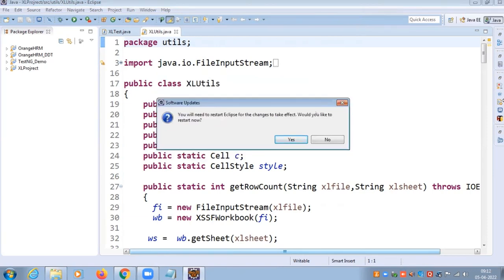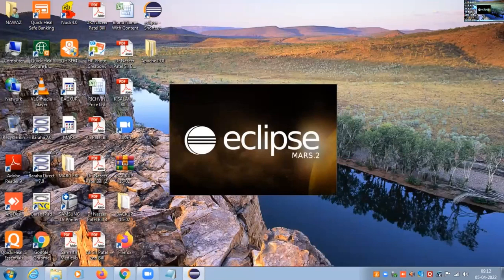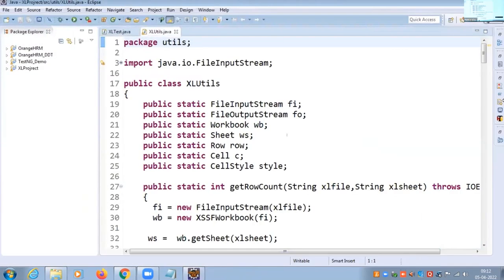Yes. Restart the Eclipse. After installing the plugins, the Eclipse will be restarted. Okay, now, well,